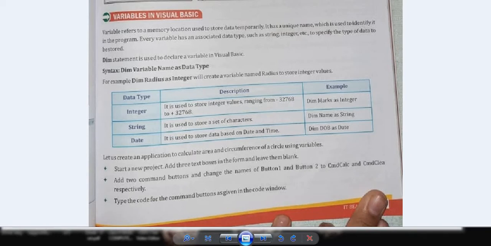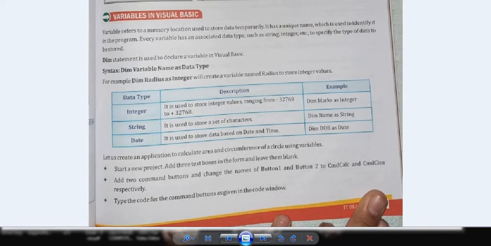So when you design such programs, you have to define three variables. When the user gives the first number, it should be stored at this location in the memory. Then the user will give the second number, and it should be stored in this particular location in the memory.